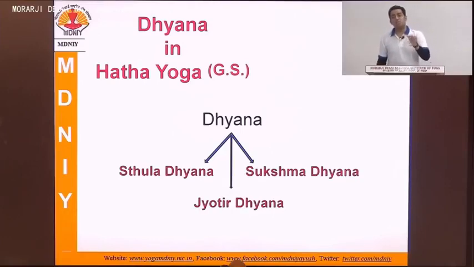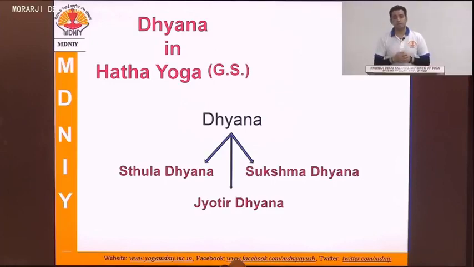Sthula dhyana, that is gross body. You have to focus on one image. With closed eyes, you have to be stable in one posture and focus on one image. And then there is Jyotir dhyana. If you're talking about Jyotir dhyana, Tejomaya, at the Bhrumadhya, you have to focus on one light and continuously